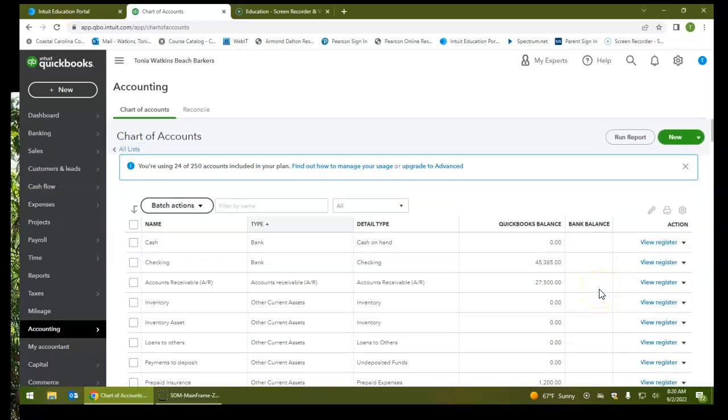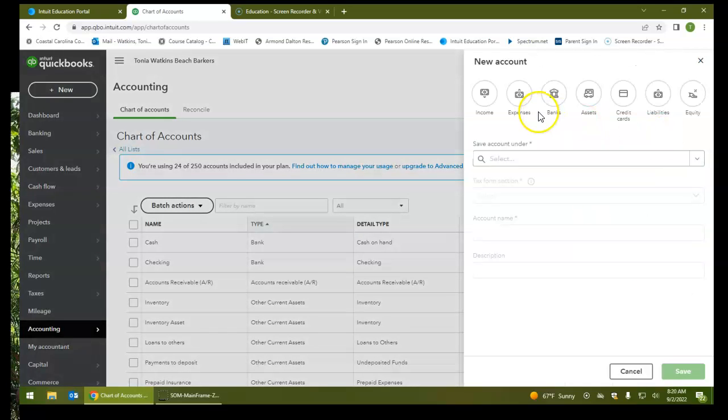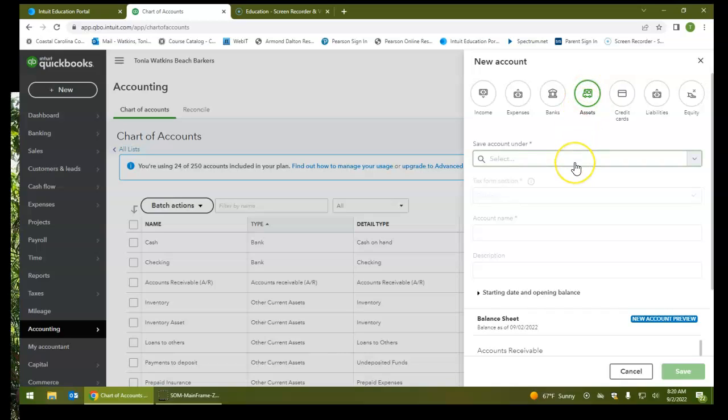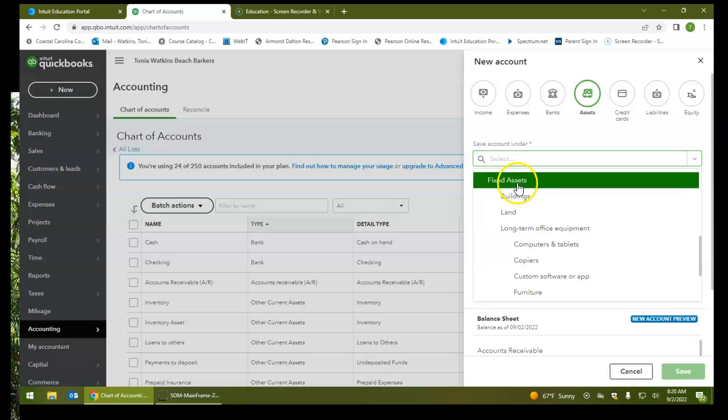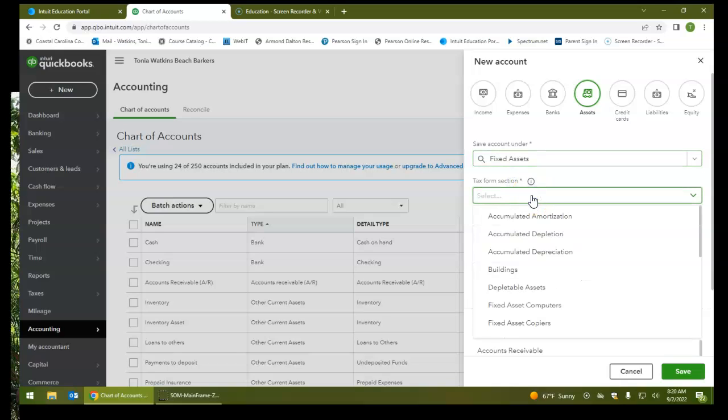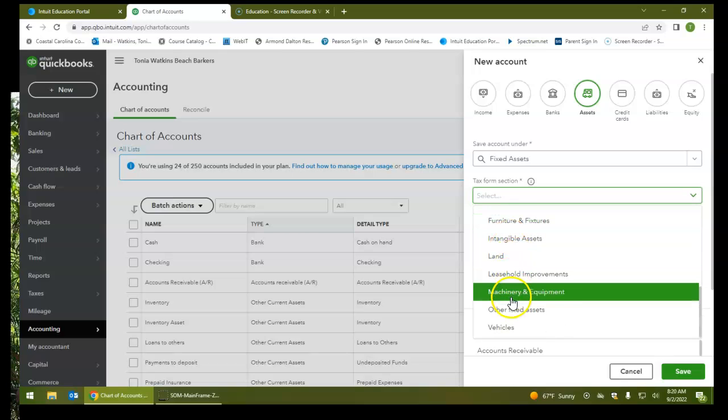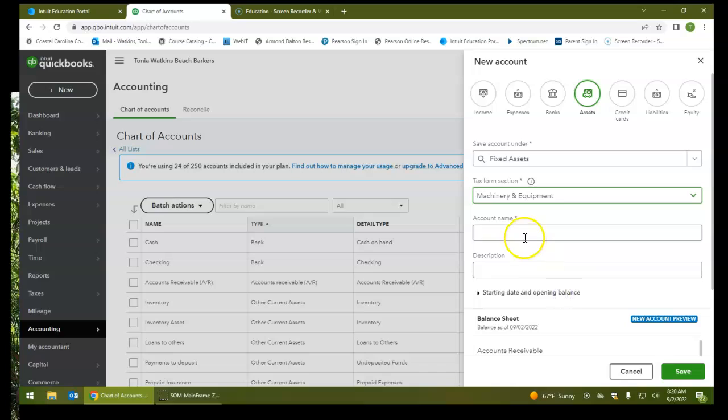Well, now on page 116, it wants us to add fixed assets. So I'm going to click that New button, and I'm adding an asset. So I'm going to select Asset. Okay. And then Save Account under, we're going to find fixed assets, and this detail type, you're going to find machinery and equipment. The account name, they want it to be called equipment,